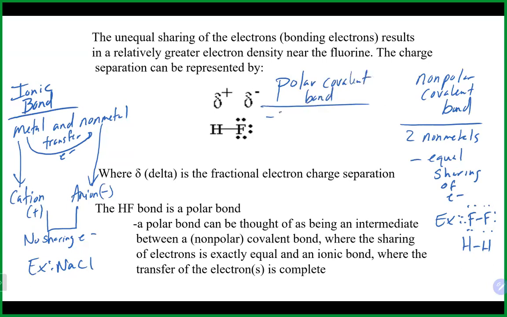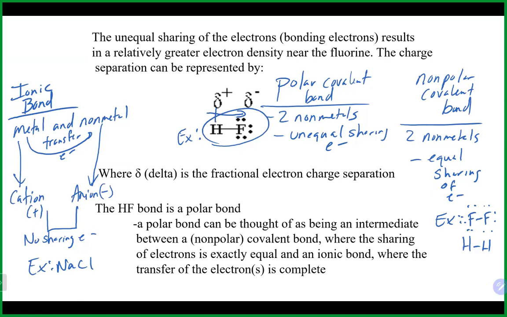Which is also between two nonmetals. And here it is unequal sharing of electrons. And obviously our example here is like our HF, where we could draw again that arrow pointing to the more